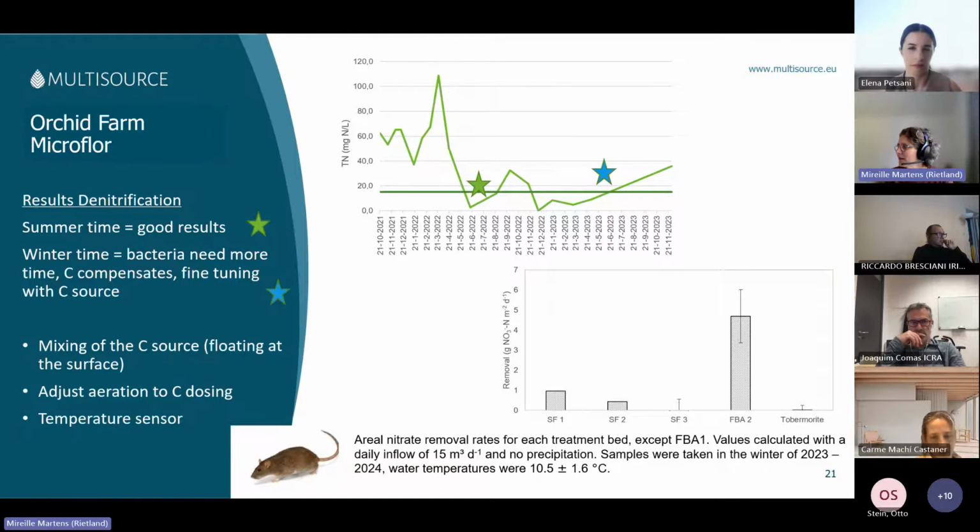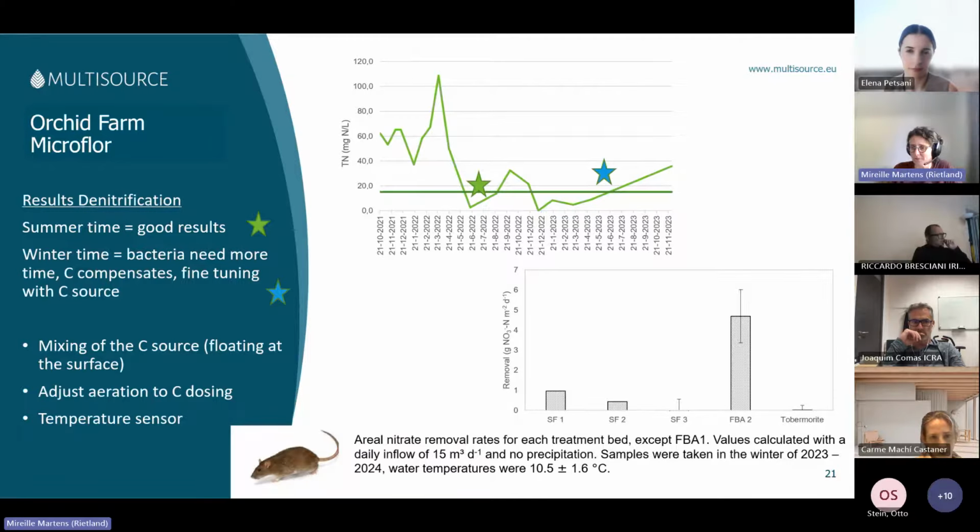If we look at the chart on the top, you can see the green horizontal line is the threshold, should be 50 milligrams per liter of total nitrogen. And the majority of the time we're over, but we're getting there. So what you can see is the green star, the first period that it was below the threshold was during summertime. And actually the idea is that there's no carbon added at the moment when the temperature is high enough, because then there's sufficient organic matter which comes from the plants in these different wetlands, definitely in the free